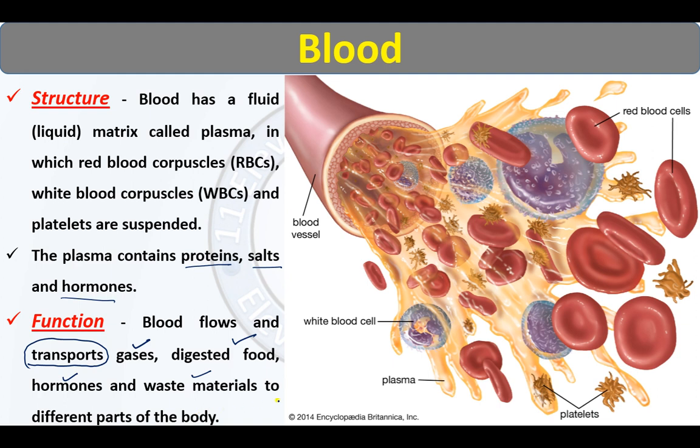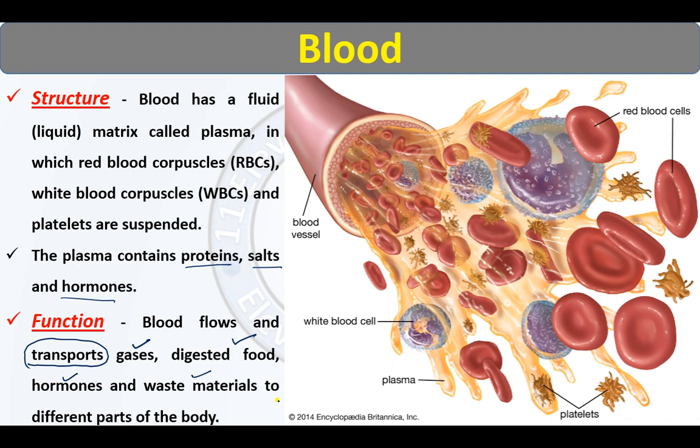When you inhale oxygen, that oxygen will go to the lungs, and from the lungs that oxygen has to go to the heart for distribution. Now who will carry the oxygen from the lungs to the heart? Blood will carry it. You eat food from the mouth, that food is digested, that digested food goes to your intestine, from the intestine that food goes to blood, and from blood that food is transported to all the cells of the body wherever the food is required.